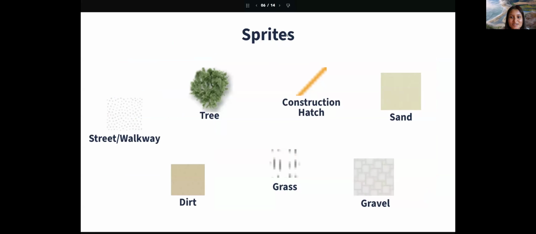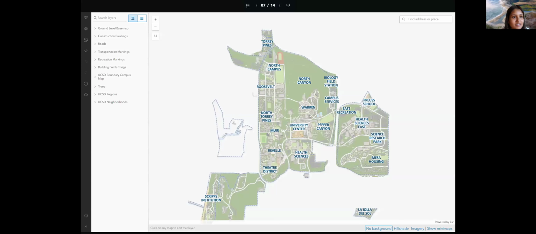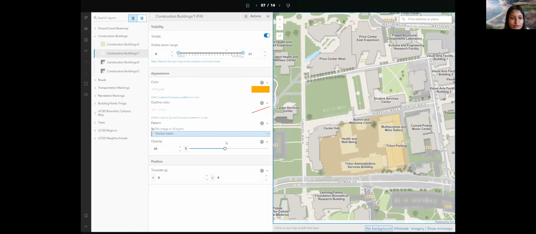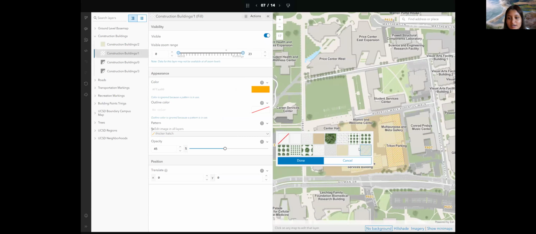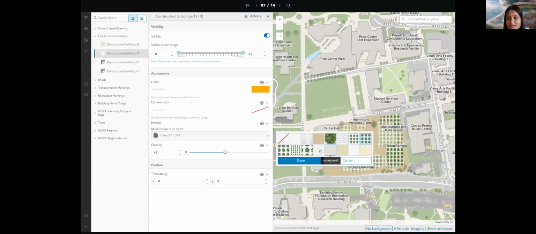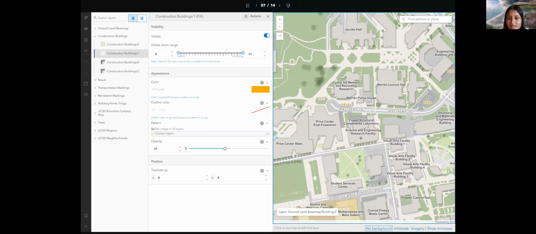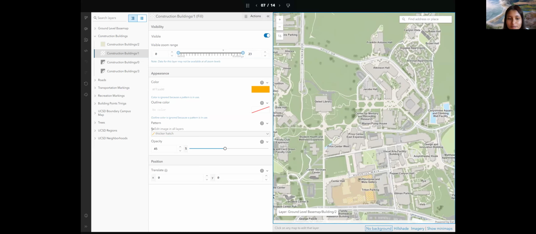So to touch on how that was done, I used some sprites, which are these raster images that you can apply to either points like the trees or to polygons to create a texture or pattern. Most of these are from Esri. The construction hatch was easy enough, so I built that one myself. These can be applied to the polygons and they repeat themselves. And this is inside of the vector tile style editor itself. Just to demonstrate, if I were to click on the building, you can see the hatch that I used there. If you wanted to change it to one of your different sprites, you can change it. And there's really a lot of customization that's available in this, which is also available in Pro, but this interface